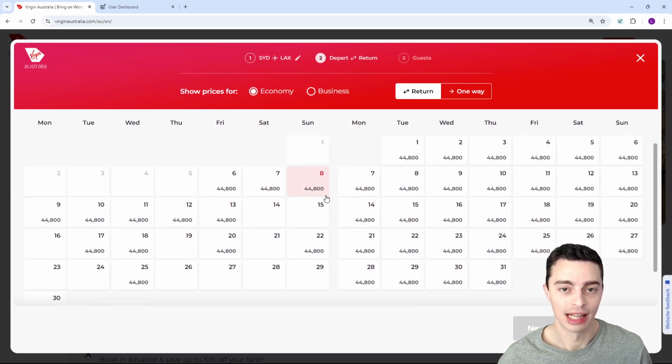normal. But you'll notice that there are some numbers here under some of the dates. And these dates that have numbers here are dates where there is a reward seat available, and this number is the number of points it will cost. So on these dates here, there are reward seats available for 44,800 points based on the route you've selected and